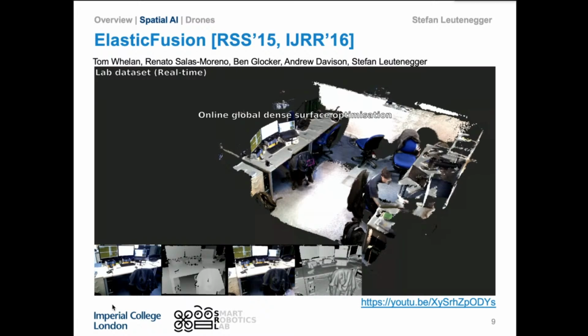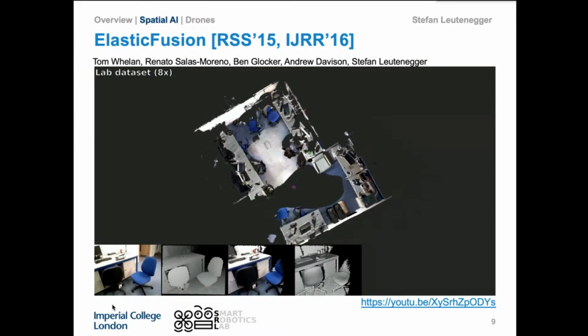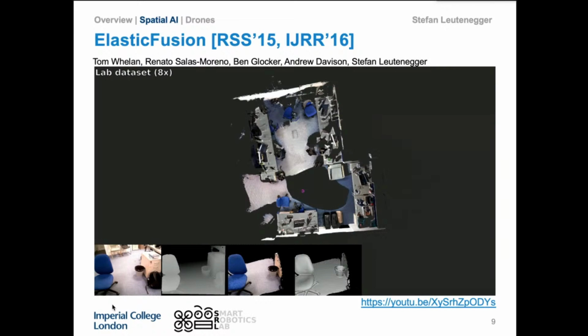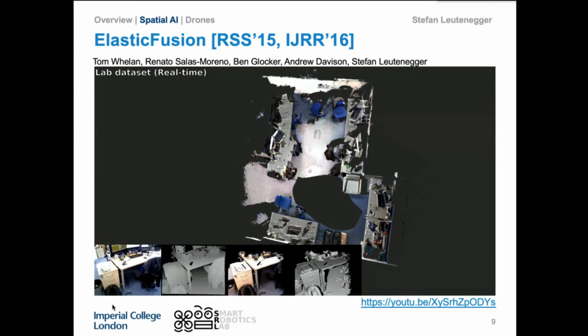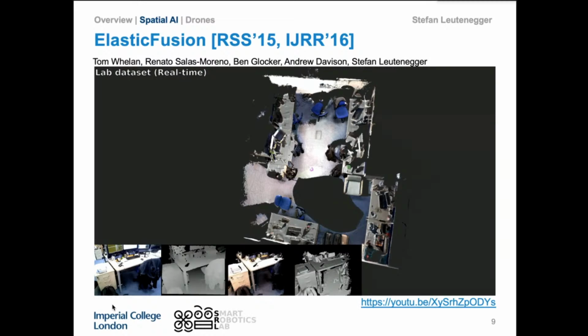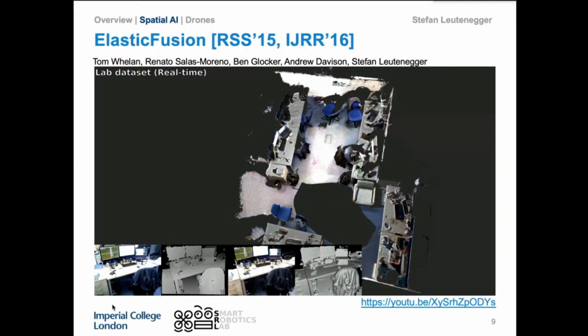And now that's where the trick happens. When you're accumulating drift, you have to somehow resolve this issue. And you have just seen an example of that before, where basically you return back to a place you've been before, and you have two instances of the map that are not exactly in alignment. So you should see that happening just here. Sorry, the video is somehow being a bit slow. Okay, so you see two instances of the map, and what we do here is we identify that they can be brought into alignment, the old part and the new part of the map, and we bring them into alignment. But now, rather than doing some kind of post-hoc pose graph optimization to bring these things into alignment,